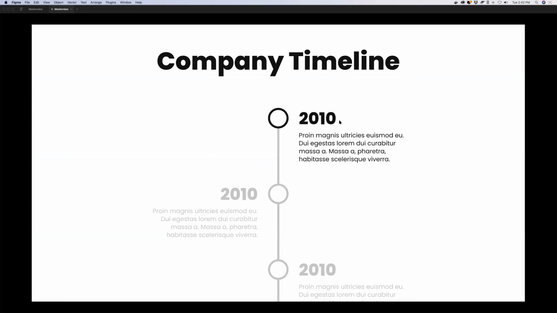Company timeline. If you're talking about a specific date, right? So if I was talking about 2010, and let's say these were all different dates or whatever, I'm getting them to understand and look at this date first. And then I would make this darker if I go to the next slide, right? So I go from here, just using opacity. All I did was select this and make it like 50%. Usually 50% does the job. It's enough contrast there, opacity wise, that it's going to help you jump onto that particular